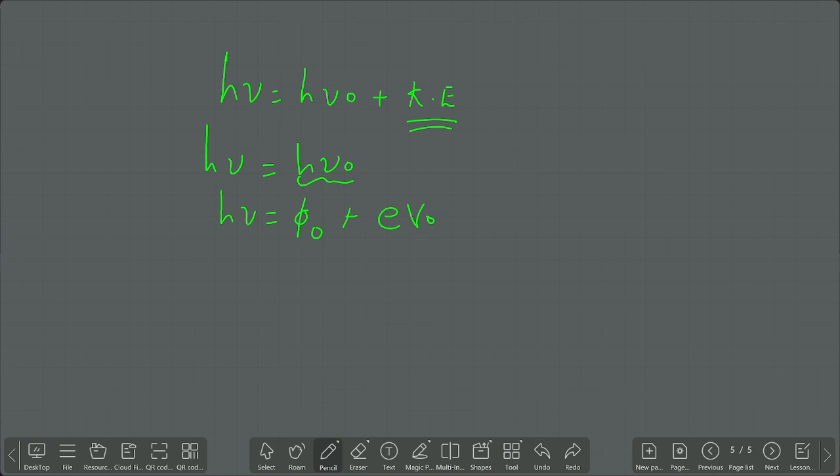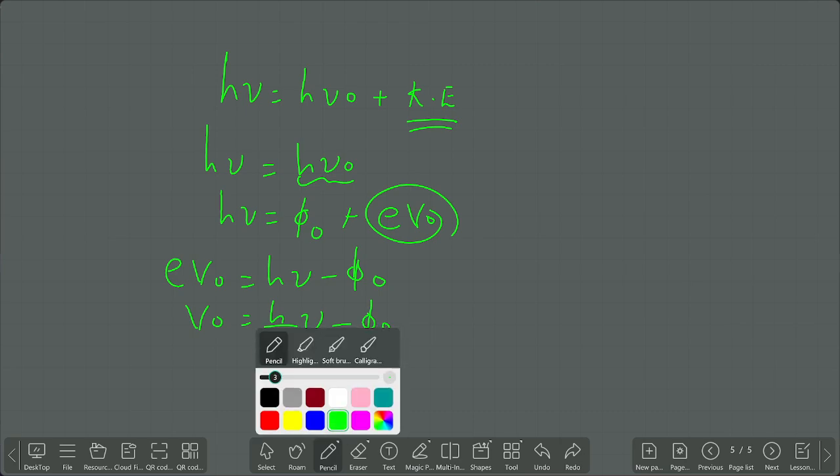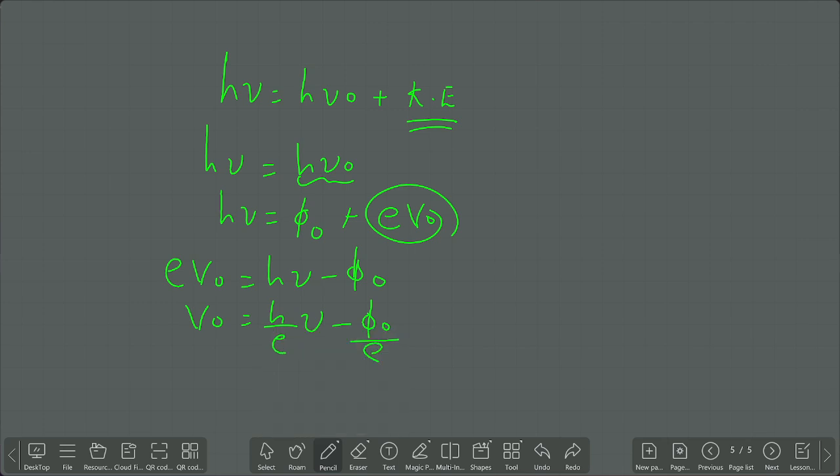Einstein's equation. Now you take this eV0 on one side and the remaining on another side. eV0 is equal to h nu minus phi 0. So V0 is h by e nu minus phi 0 by e. Am I correct? So this is the equation for phi 0. Hope it is clear. Now we are going to plot a graph between this V0 and nu, where nu is the frequency